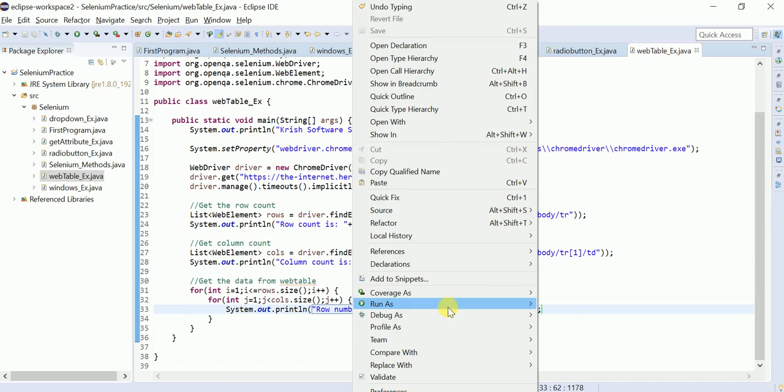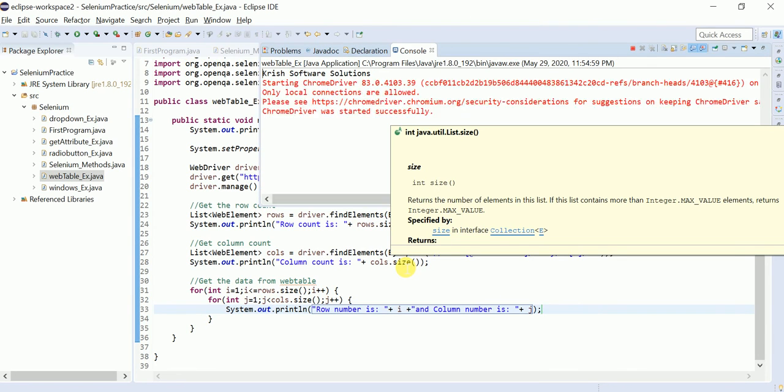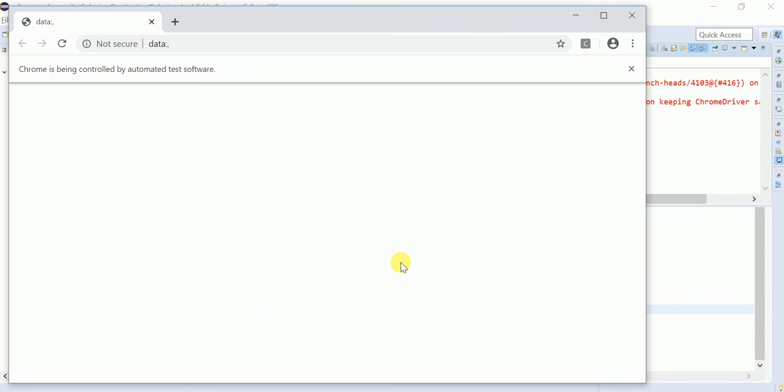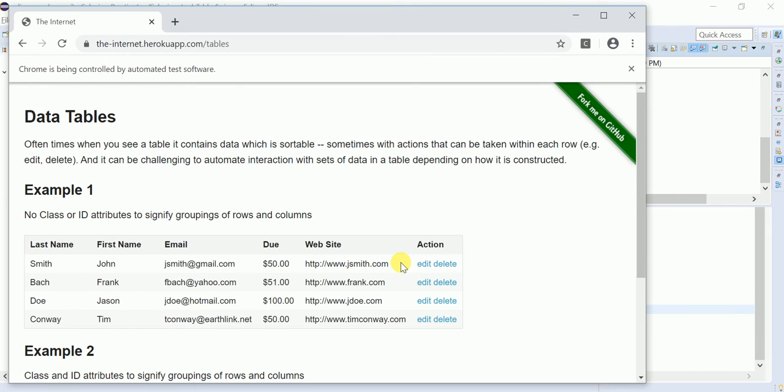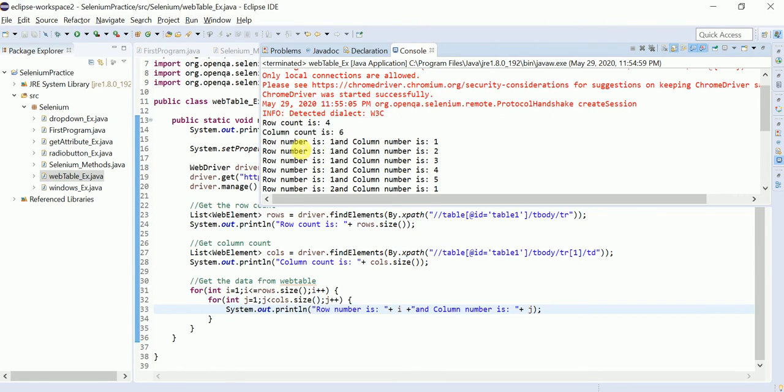I am executing the same script. Okay, Chris Software Solutions is printed. The browser is launched successfully. Okay, so the web table is displayed. Now see here how it is displayed. Carefully observe here. Row number 1, column 1, row number 1, column 2, row number 1, column 3, row number 1, column 4, row number 1,